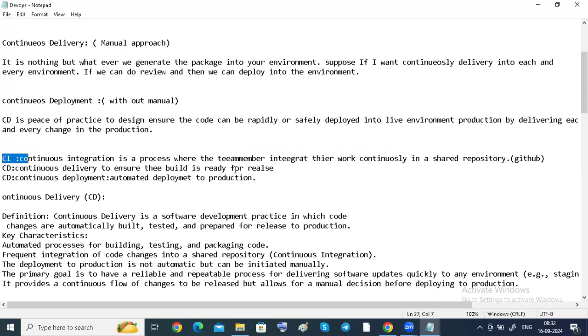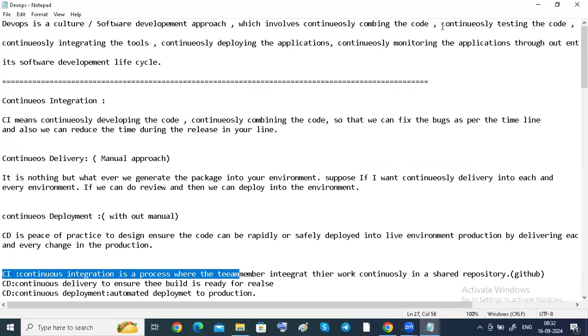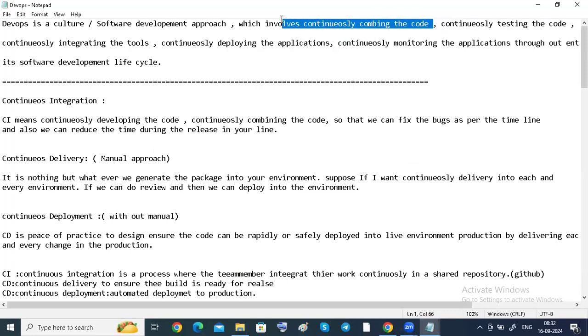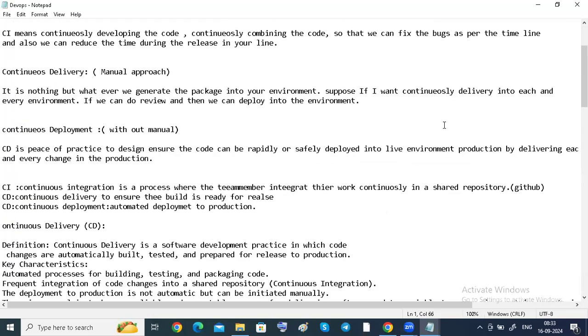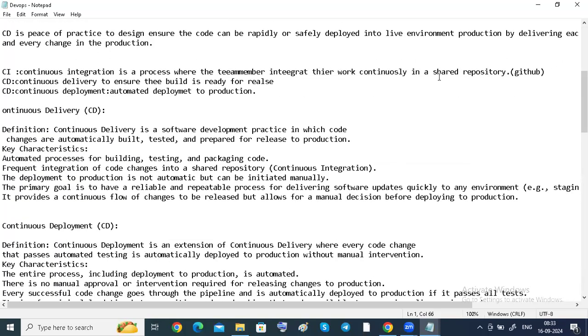In the definition also, I told you, continuously combining the code. For that we use a tool, GitHub. When all the team members collaborate on their work and continuously share it to the remote repository, that is called GitHub.